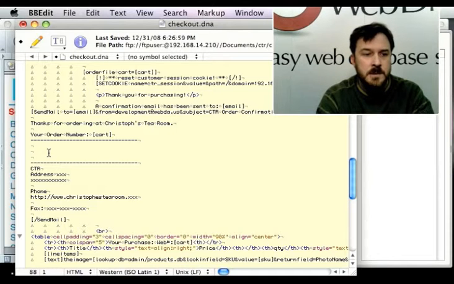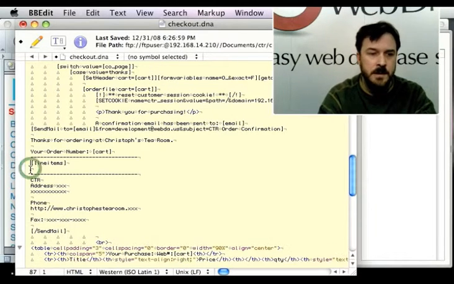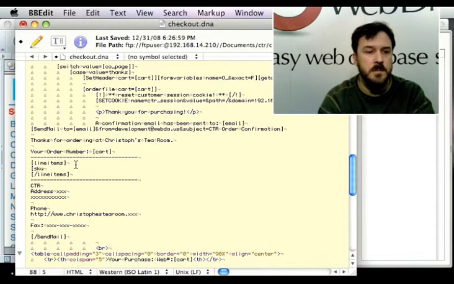So I'm gonna, let's see, let's open up a line items loop here. And this, again, the line items loops through all of what was ordered. SKU,